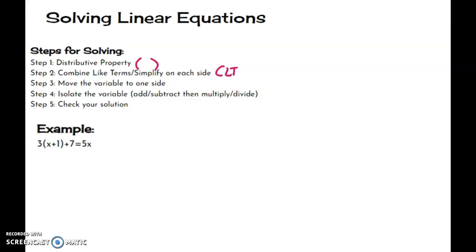I really recommend it. I think it helps make connections within your brain to make it clearer when you go back to look to see what you did, if you're using this with a test or a final or a review. So step 1 is distributive property. So I'm going to show what I did right here. I have 3 times x, which is 3x, 3 times 1, which is 3. Now I'm going to put the rest just in gray or black over here. And then I'm going to explain what I did, which was